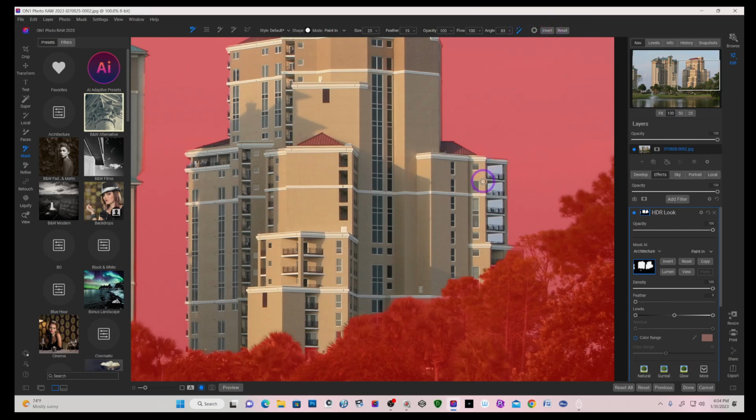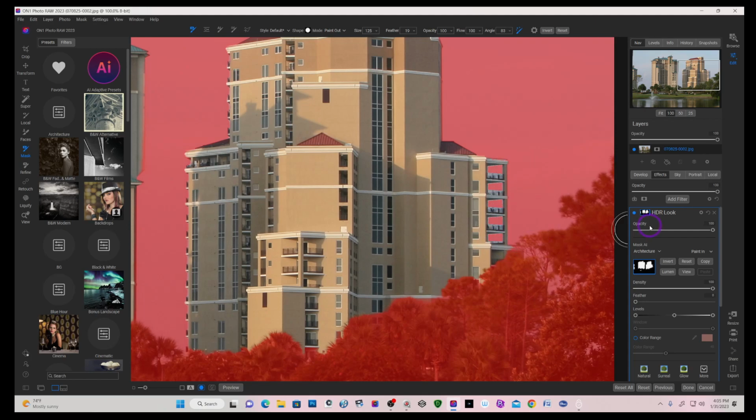You can adjust it at different stages, and I'm going to select in the middle with my plus. And that didn't do. Oh, I am painting in. I'm going to select paint out, and you select it, and you can just paint over the areas you want to remove